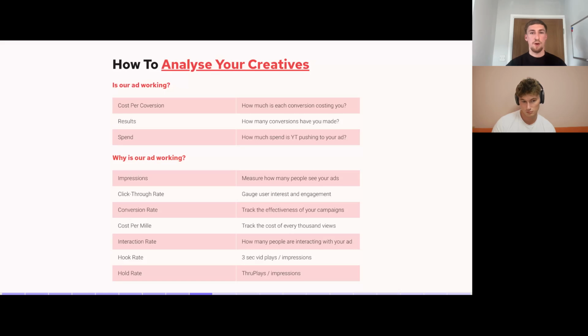So this is where analysing your creatives becomes really important, because you can start to look at what ads are working, what isn't working, and what can you get from those ads without actually spending any more money and just getting an editor to simply swap some things around. So it's a really cost-effective way of doing it as well, and it's also crucial if you want to keep scaling your ad spend every single month.